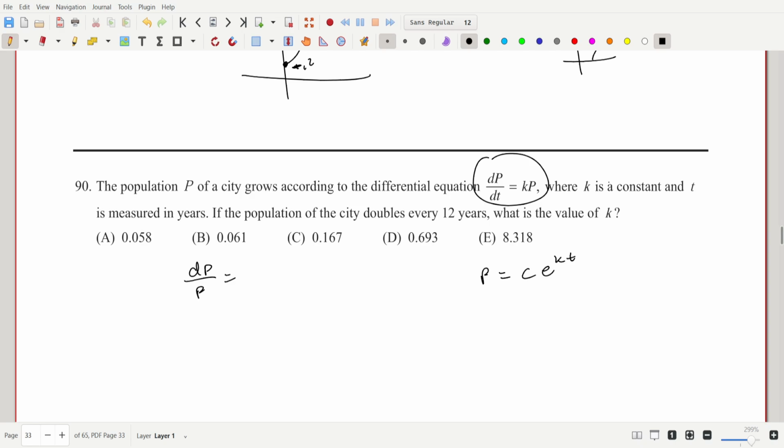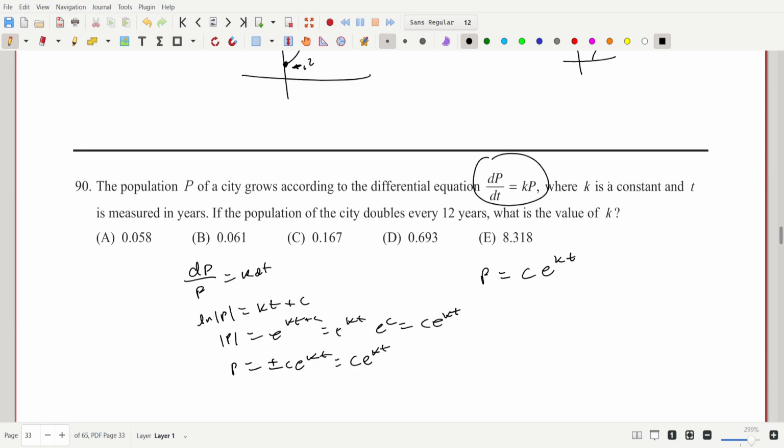dP over P is K dt. And you integrate and you get natural log of P equals KT plus C. Exponentiate. Standard thing. And then you're absorbing the plus minus into the C. Okay,